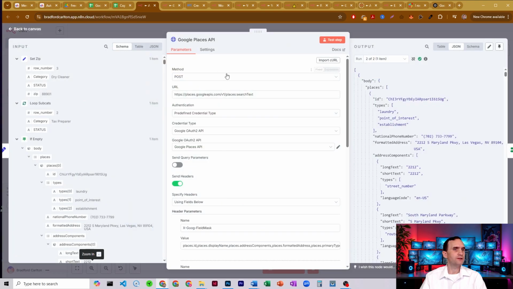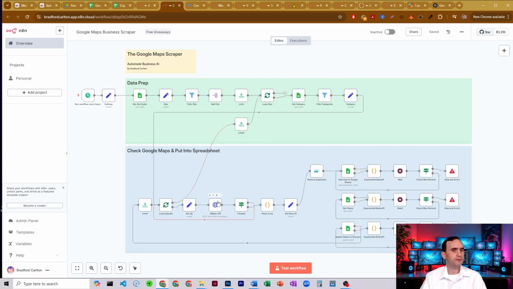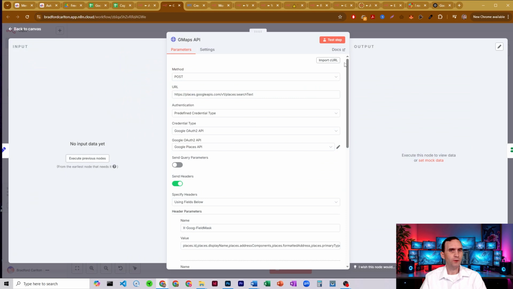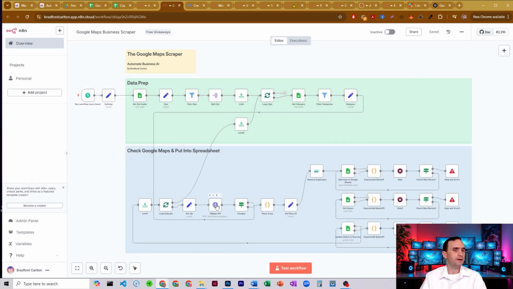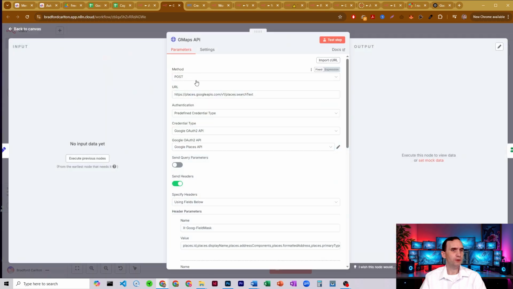All right. And so actually what I'm going to do is I'm going to open up this one. I'm going to show you what it looks like because I don't want to show off my API key to everybody here. So what we're going to do is you're going to have an HTTP node, and you can grab that from up here. Not that you would need to grab it, it's already here. But HTTP node, we're going to do a post method. The URL is this